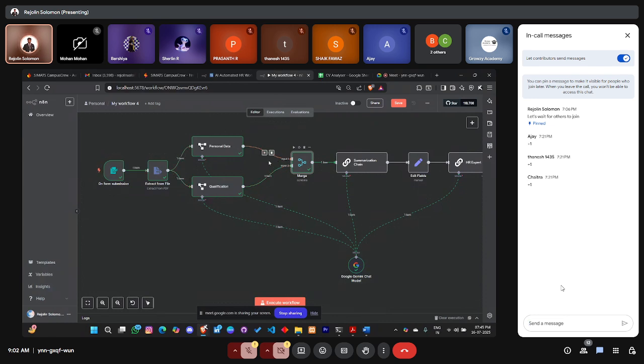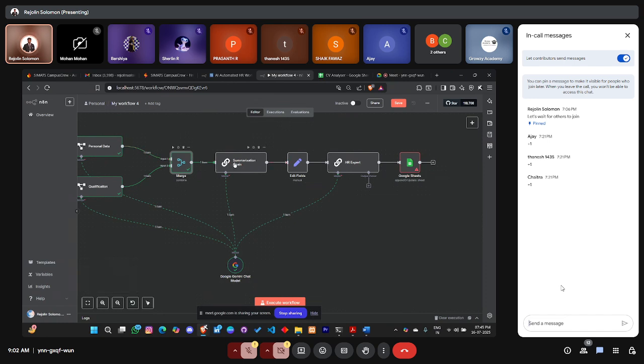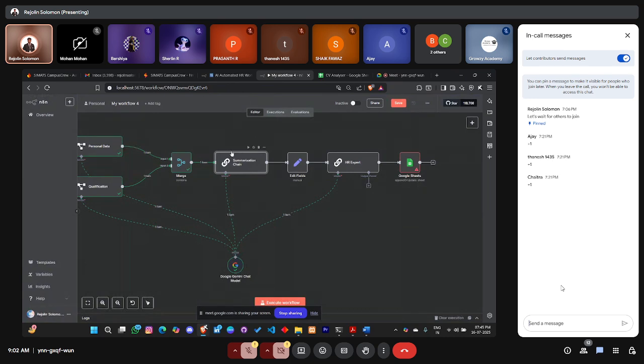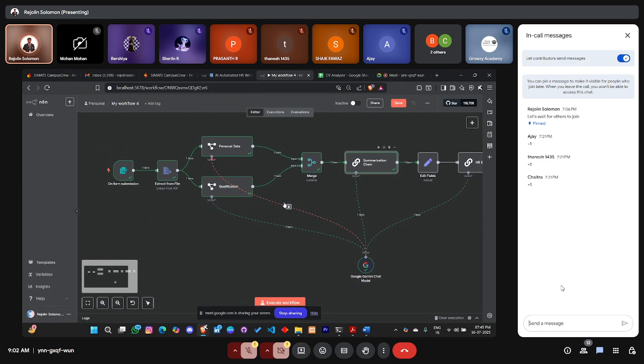1, 2, 3, 4, 5 nodes are running, and here the summarization chain we need to run. So give run for this node also. It also ran successfully, right? So this many nodes have been imported, and it is running using Google's Gemini API key. Okay. After that, the main thing is